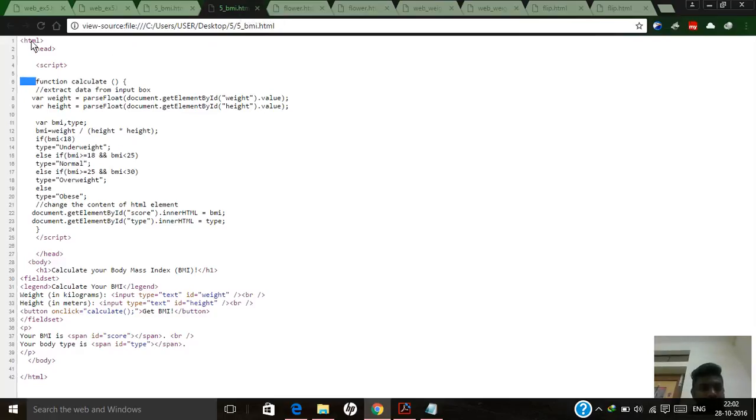So this is an HTML tag, head tag, script tag for JavaScript. Now we are taking function calculate. Inside that, for extracting data from the input box, we are taking var input equals parseFloat and document.getElementById for the weight and for the height for taking the input. Now we are initializing the variables as bmi and type. So for bmi we are taking the variable for the formula, and we are using if else